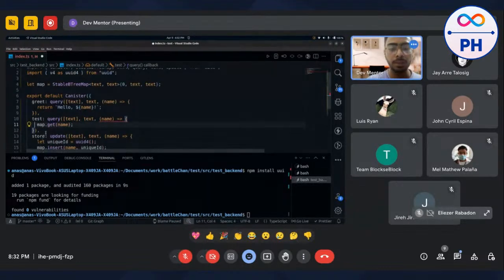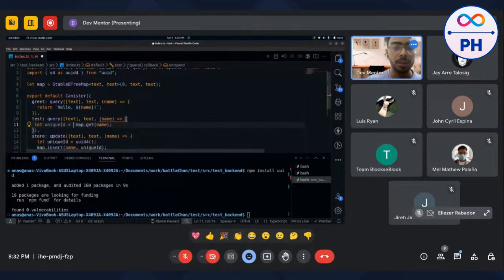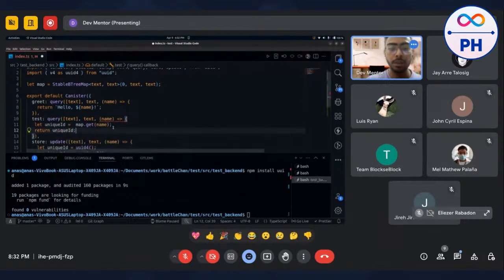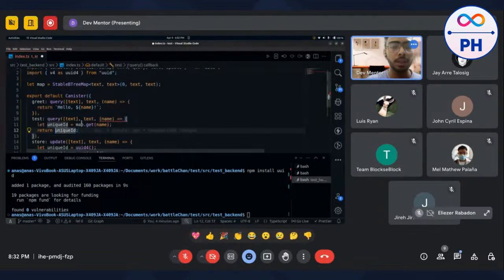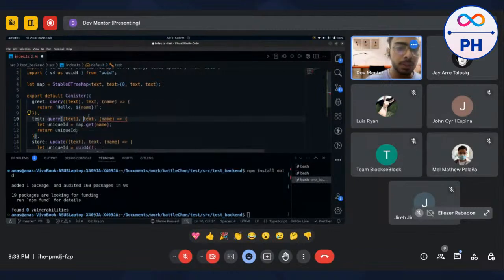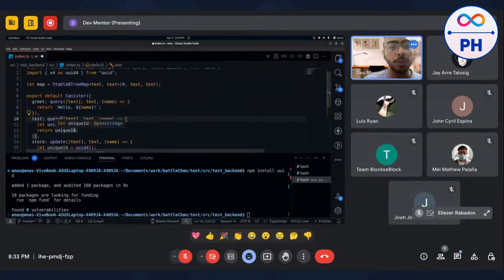Okay. Let's execute this. So it will return me the unique ID. And let me just return the unique ID. And yeah, there won't be any error. Okay, so this gives us optional data. So how are we going to deal with optional data? So let's see. We can use switch cases as well. Or